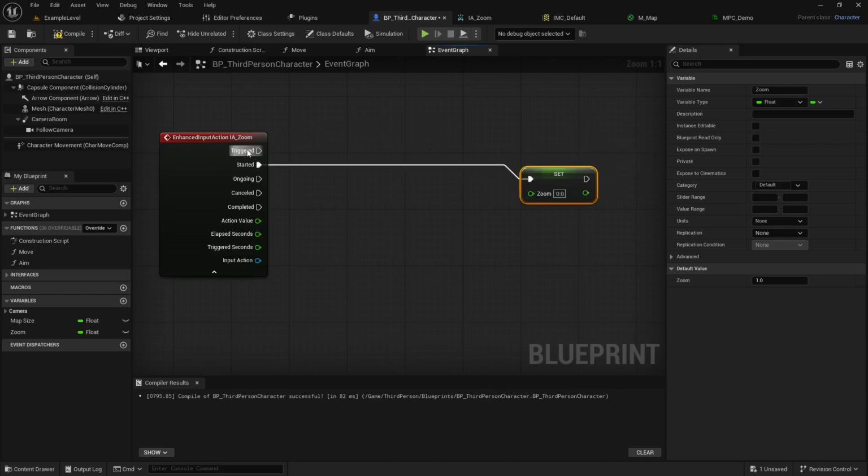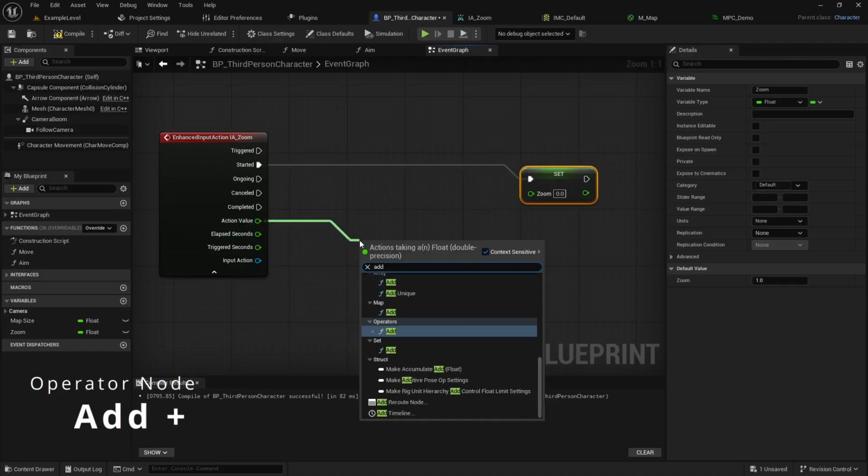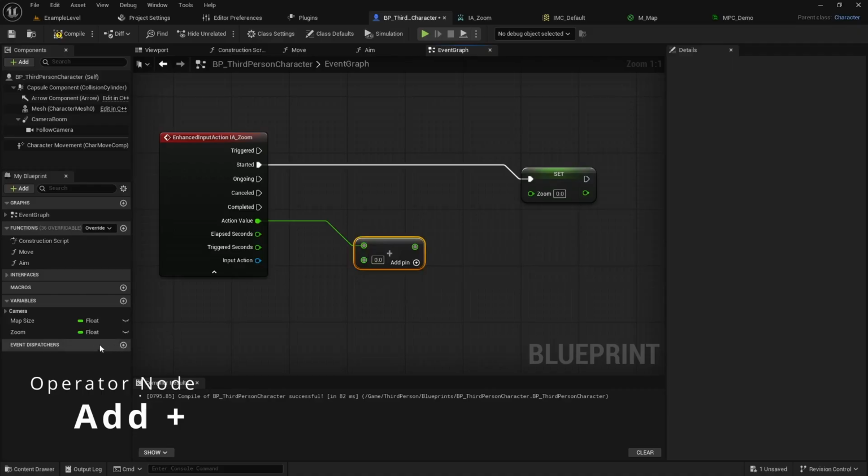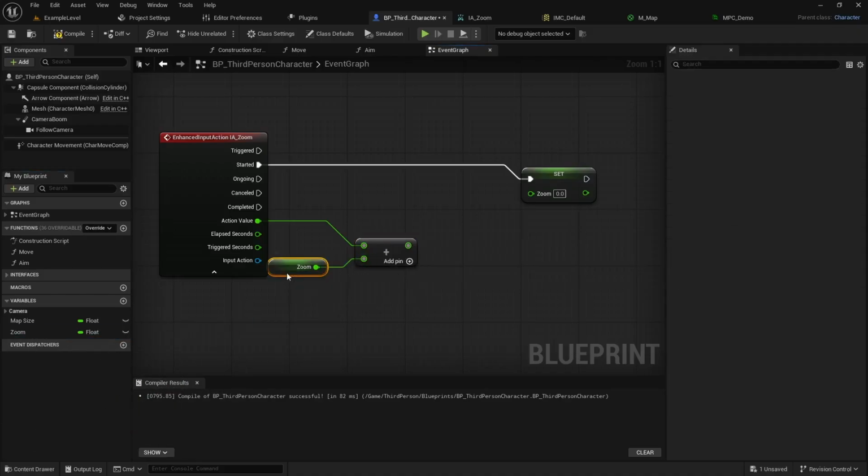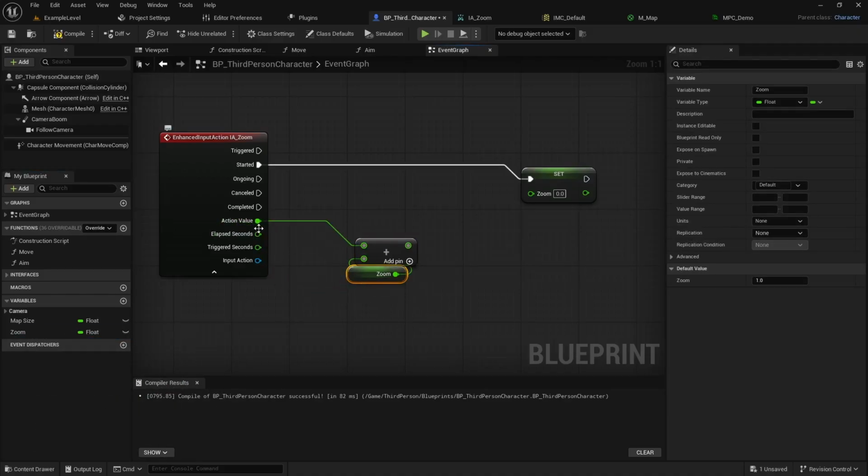You'll get different behavior if you go off a triggered. It'll probably zoom in a lot faster than if you do started. So if you want that behavior, go for it. But I'll pull the action value and come into an add operator. I can get our current value for zoom and add in the 0.1,